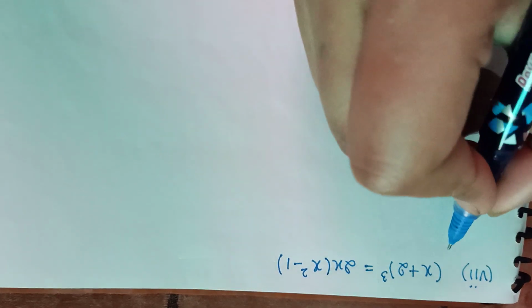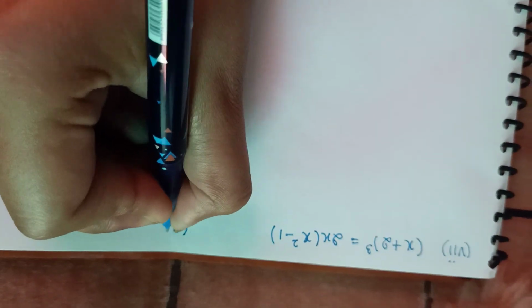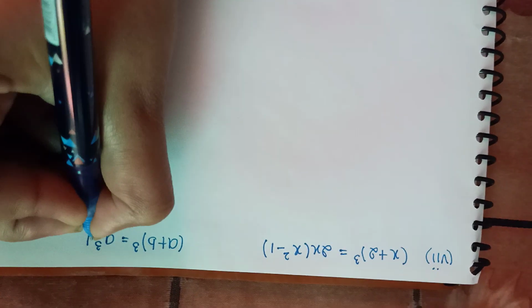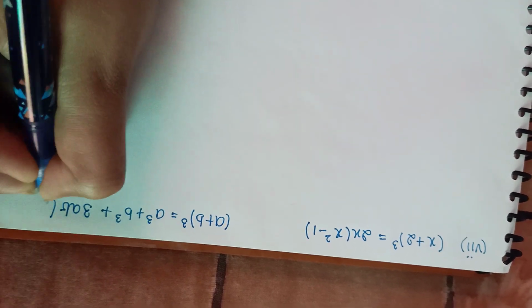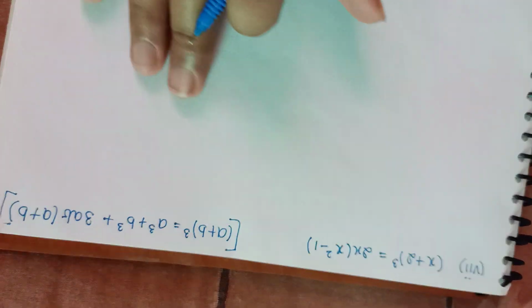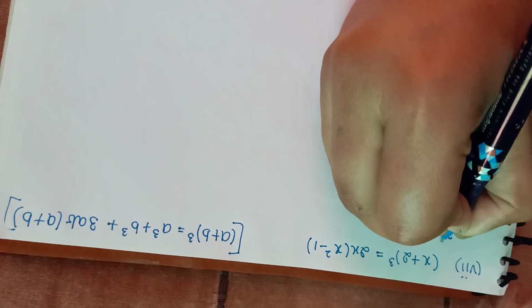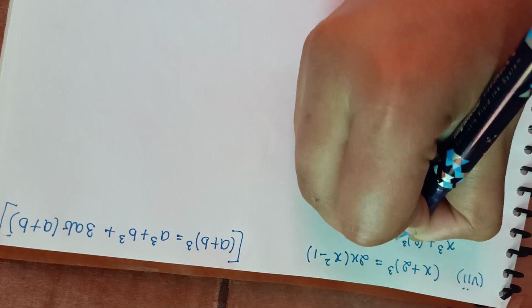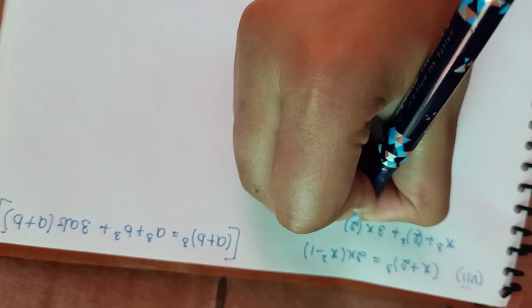So firstly we are going to open the bracket, and we know that a plus b whole cube is equals to a cube plus b cube plus 3ab into a plus b. We are going to use that formula over here to expand it. So we get x cube plus 2 cube plus 3 a b, b is 2 over here,